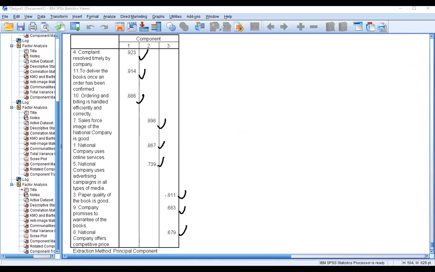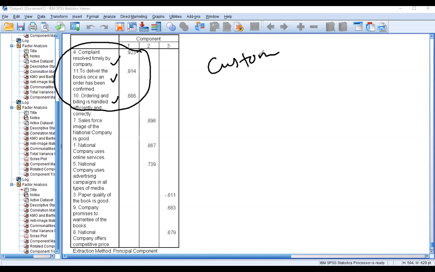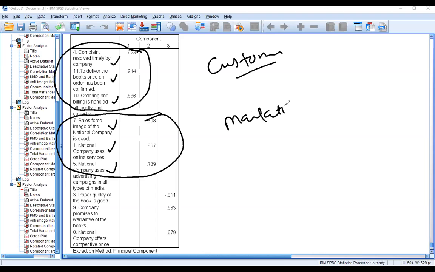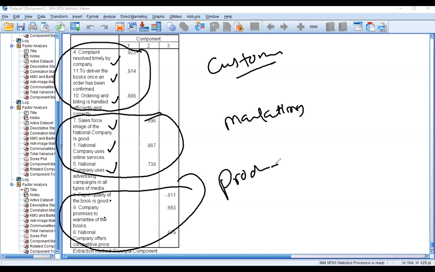अब इसमें हमें करना क्या है, इसका पर्पज लास्ट क्या, समराइजेशन, कि ये जो तीनों क्वेश्चंस हैं इस फैक्टर के नीचे आ रहे हैं, ये इसको क्या नाम दूं, जैसे कंप्लेंट रेजोल्यूशन, डिलीवरी, ऑर्डर एंड बिलिंग, तो मैंने इसका क्या नाम दिया था, कस्टमर सर्विस। Then I am giving the name of these 3 questions, सेल्सफोर्स, नेशनल कंपनी, ऑनलाइन एडवर्टाइजिंग, तो इस कंपोनेंट को नाम मैंने क्या दे दिया था, मार्केटिंग। फिर पेपर क्वालिटी, कंप्रोमाइज, वारंटी बुक्स, नेशनल कंपनी ऑफर प्राइस, तो इसको मैंने क्या नाम दे दिया था, प्रोडक्ट वैल्यू। बस यही काम होता है, इतना ही काम करते हैं हम एक्सप्लोरेटरी फैक्टर एनालिसिस में, यही पर्पज होता है।